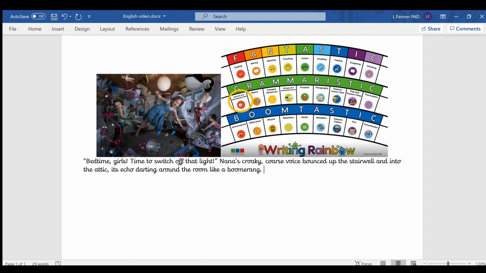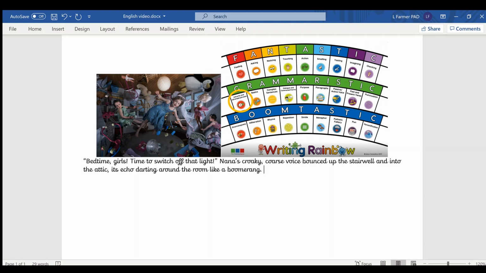So I'm going to read that first sentence back again. Bedtime, girls, time to switch off that light. Nana's croaky, coarse voice bounced up the stairwell and into the attic, its echo darting around the room like a boomerang. Now I'm going to pretend that these sisters don't really want to go to bed, so I'm going to come up with,